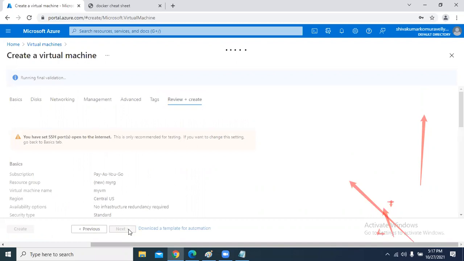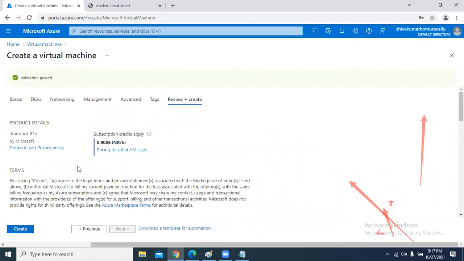What is a network, what is a disk, and what is the instance? For each of these, a separate session is there, where we will discuss in detail. For now, we are going with the defaults. It is showing that if you want to use this machine, this much you have to pay per hour: 0.9006 INR per hour.